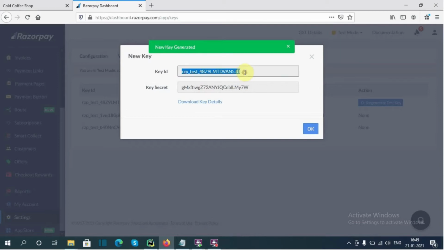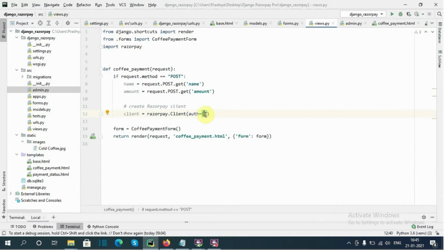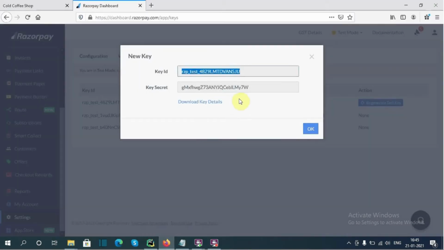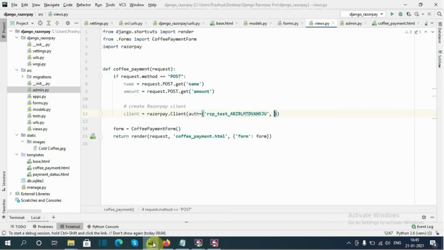So copy this key first, add it here in single quotes, comma, then copy the secret key and again in single quotes.